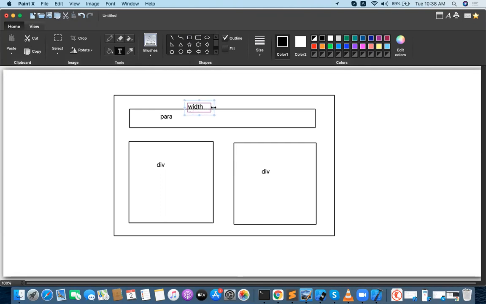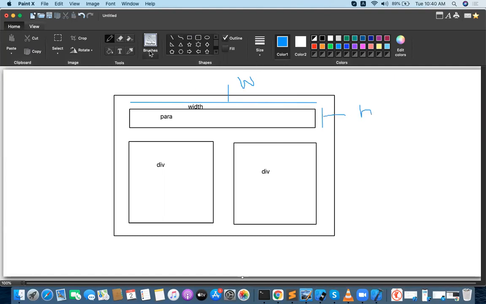Whatever horizontal space is available is called width. And whatever vertical space is available for the paragraph is called height. This is called width, and this is called height.